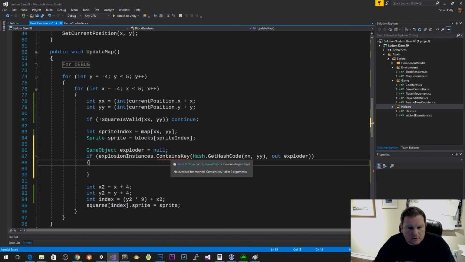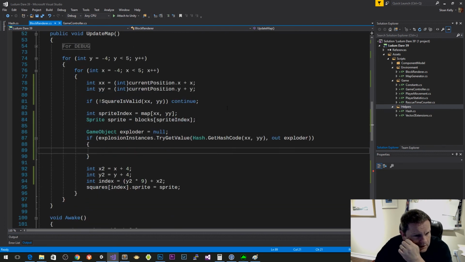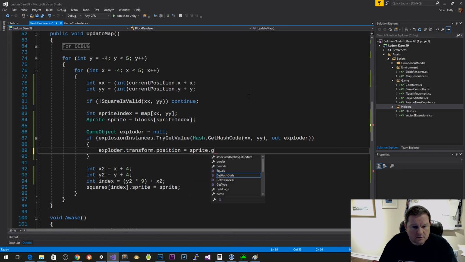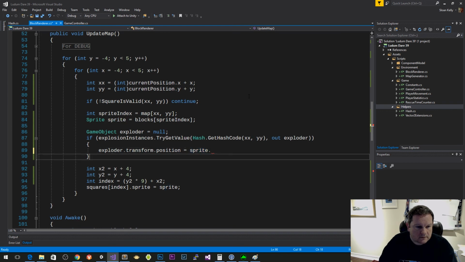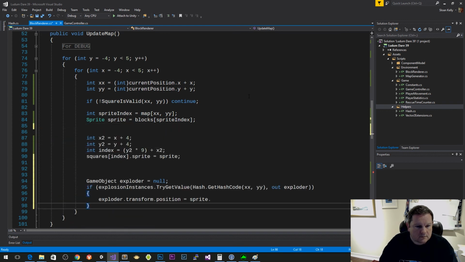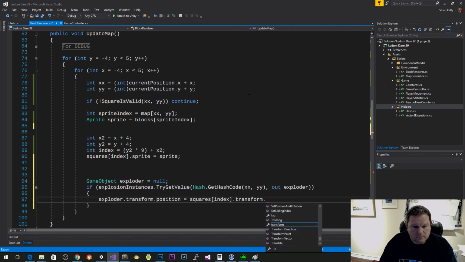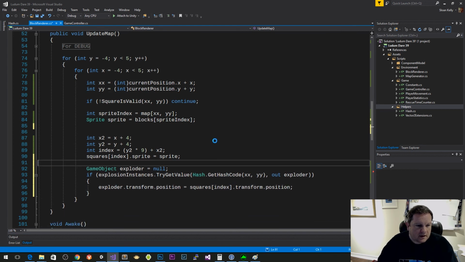Take two arguments. What? Oh, try get value. So if it does contain that, what I want to do is say exploder.transform.position equals sprite.transform equals, I'm going to do it under here, squares index dot transform dot position. So I want to put it in the same position that I have in there, but